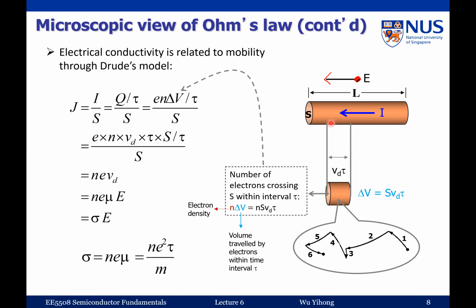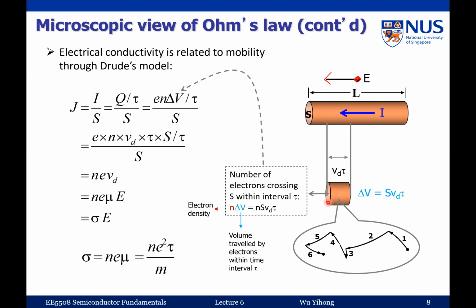if you only look at a very small section of this one, with a length of Vd tau, basically it's an average. It's something like a mean-free path, right? So a drift mean-free path. It means that the electron will drift by this distance without scattering, right? So if that's the case, then you can see that within time tau, the number of electrons that should pass through